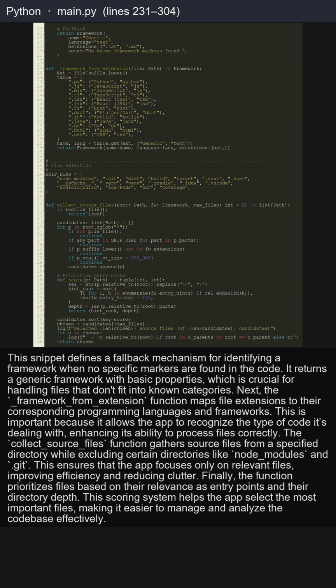Next, the _framework_from_extension function maps file extensions to their corresponding programming languages and frameworks. This is important because it allows the app to recognize the type of code it's dealing with, enhancing its ability to process files correctly. The